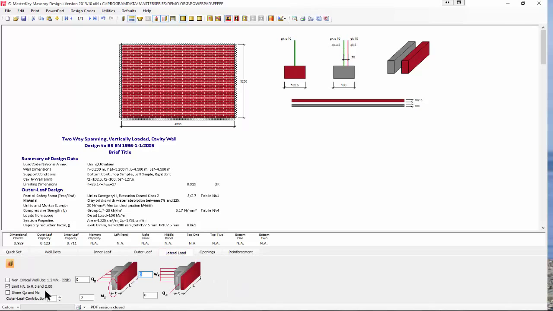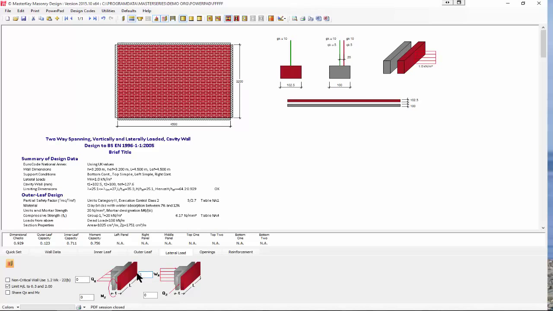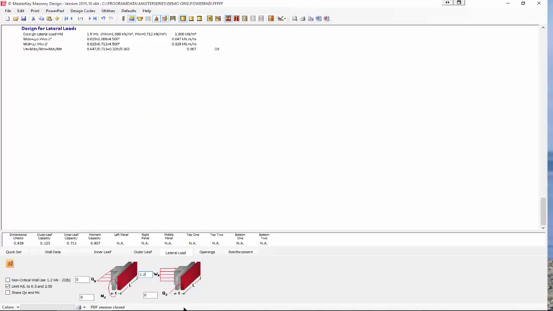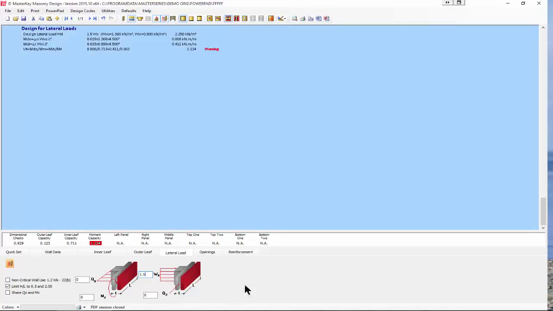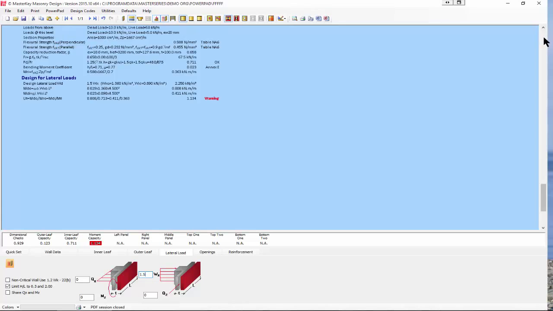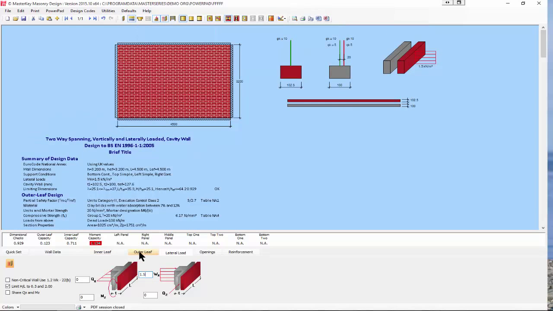And then the lateral loading. This is where I put in my wind loading, and I'm going to say I can have a wind load of 1.2 kilonewtons per meter square. Not central London, but somewhere up in Scotland or over with us in Northern Ireland here. And we will then see that it still works, and it's getting pretty close in its moment capacity, 0.9. If I said 1.5, because it's in the Orkneys or somewhere more severe than that, we can then quickly say,